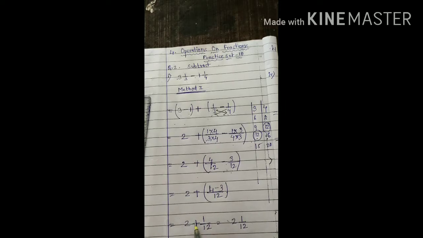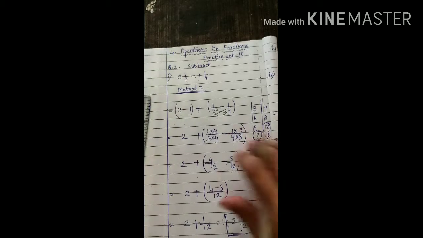ये एडिशन का साइन एंडिंग में निकाल देने का है आपको. You remove this sign at the last and your answer is 2. This is the integer part and 1 upon 12 is the fraction part. Okay students, then